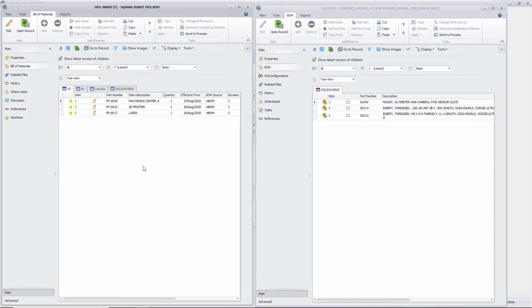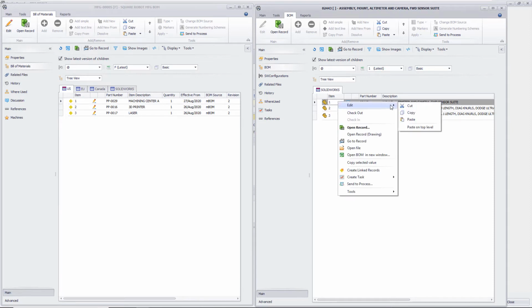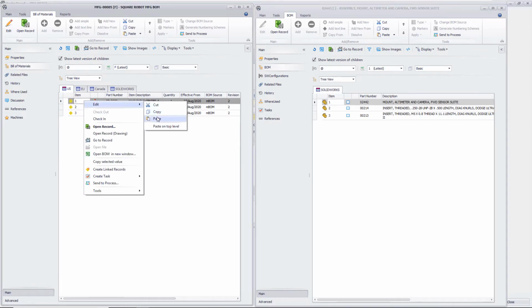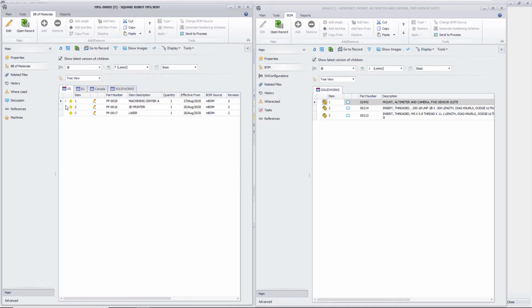day to day. Now we are set up to take advantage of a lot of the new editing tools like copy, cut and paste. Here we're going to copy one of the parts from our PDM CAD assembly and add it to our record representing the machining center in our manufacturing BOM. You can see it's added as a child of the machining center.